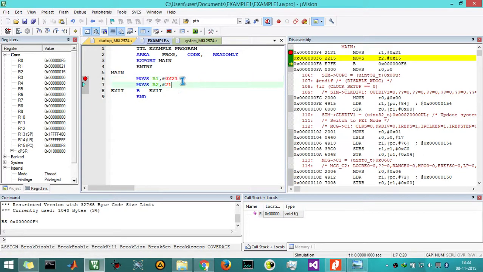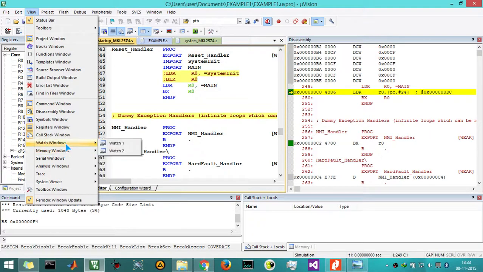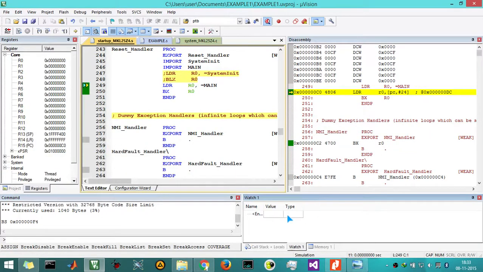Now some other things we can do here is reset. Now I am going to have this watch window. Go to view, click on watch window, click on watch one. You are going to get a watch window here. Watch window is the window where you can watch the changes that are occurring in registers or some other labels we have given. So I am now going to enter R1,